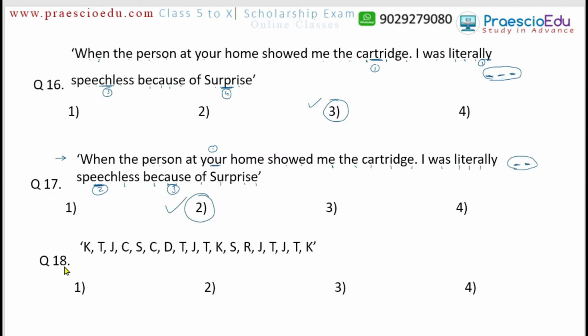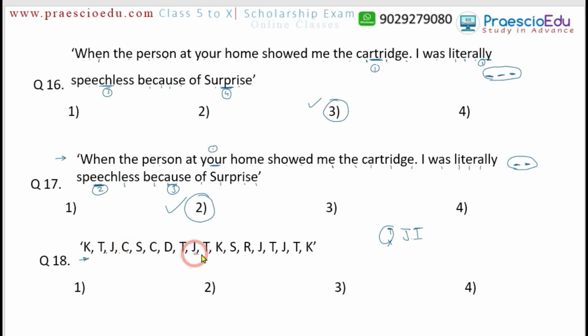Then question 18. Here some letters are given in the above series. This is the series already given. How many times is the letter J immediately followed by T, but not immediately preceded by T? Except the T, something different. Means only the J and the T, so these two letters we have to find. So in this one, if you see, where are the J and T here?